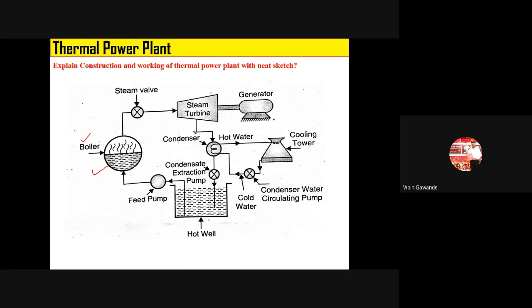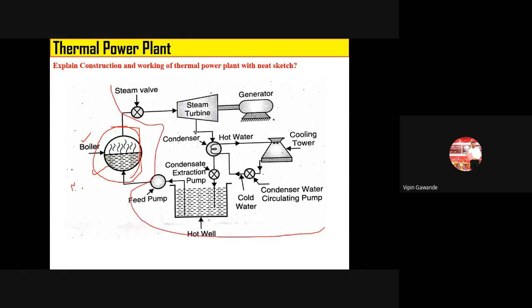What you have to remember is that we only remove this part, this boiler. If you insert the nuclear reactor here, then this becomes a nuclear power plant. So you only have to replace the boiler, and the remaining part remains the same. This diagram remains the same for the other power plants. So we are now replacing the boiler.